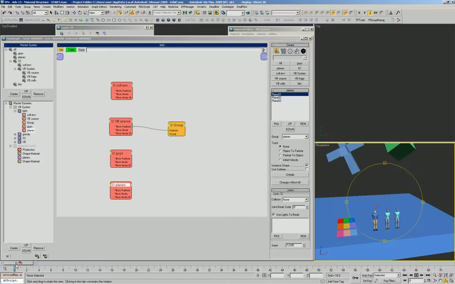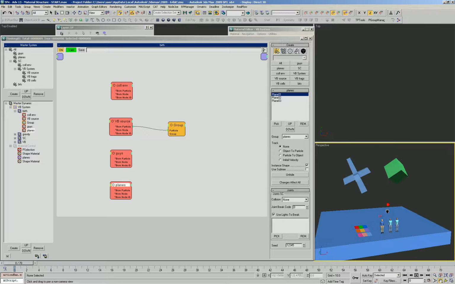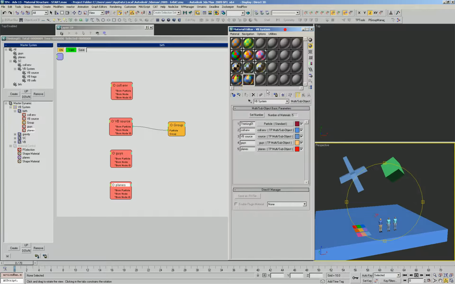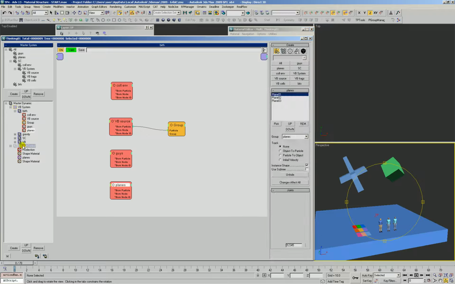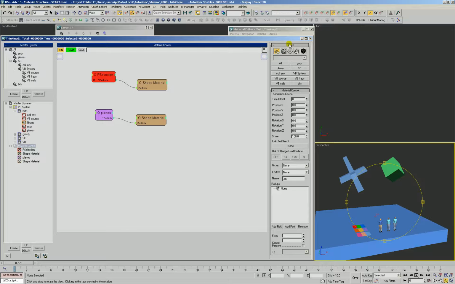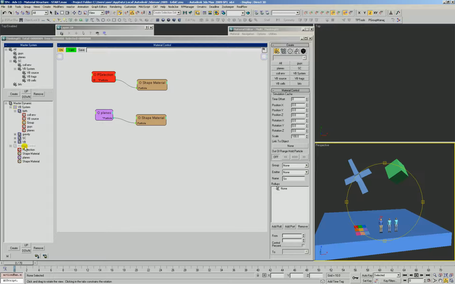Okay, so just a little more fun that we can do, because we really want to take a look at a little bit more complex material system. We'll go ahead and get rid of that cache dynamic set material that was in there. We're going to do some things. We're going to enable our material control,